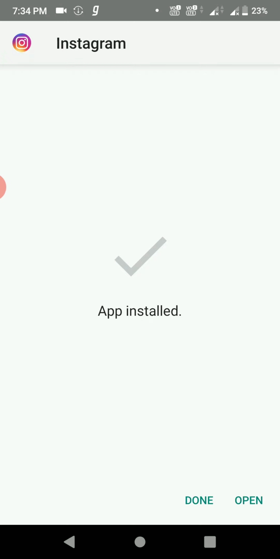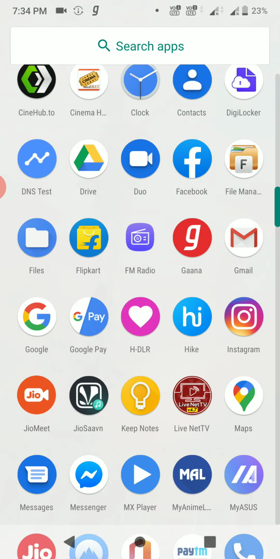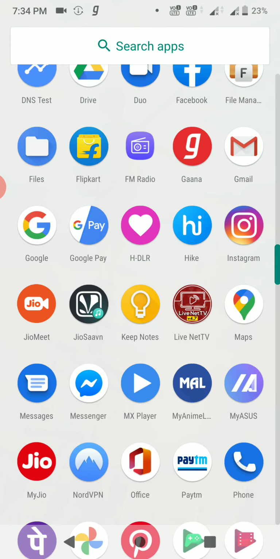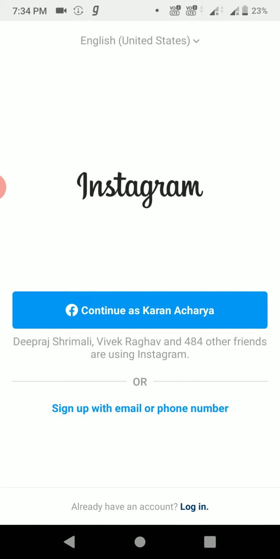Now after the app is installed, click on done, click on your home button, go out entirely and open your Instagram app anew. As you will see, it will ask for the login. I have already installed my Facebook and logged in, so I will continue with my Facebook. As I continue, it will start loading, connecting to Facebook.